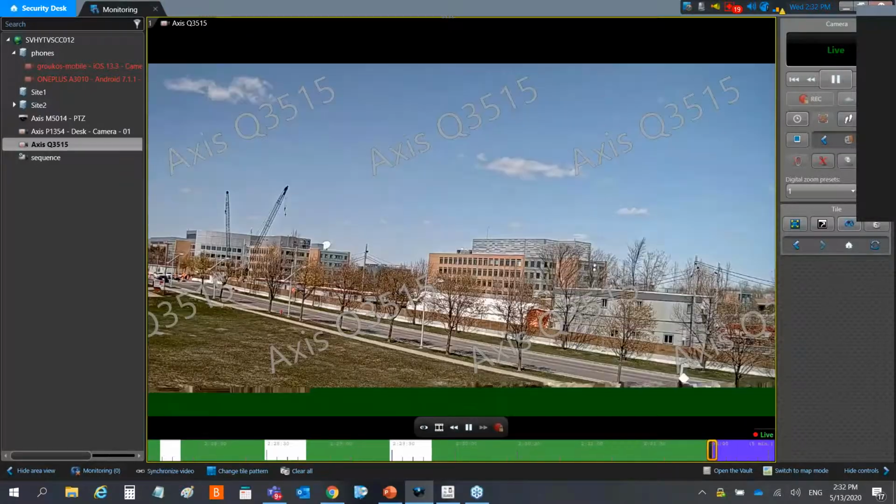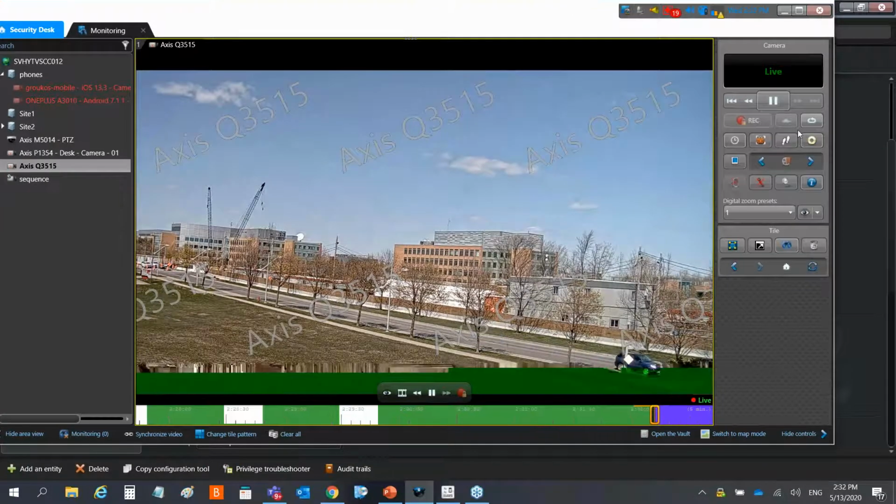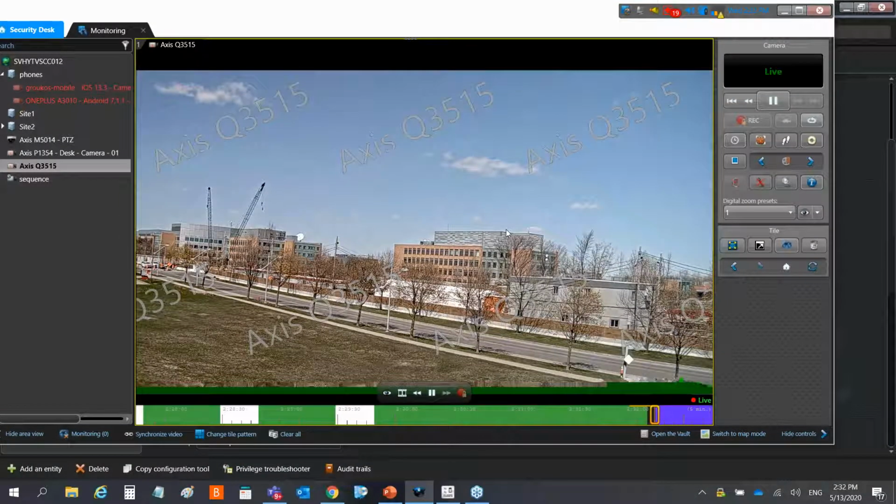So you would see the watermarking. So there you go. You can see the camera name all over the screen here. And so if they try to export that video, that watermarking is going to go with it. The other thing that we added also in 5.9.1 is a